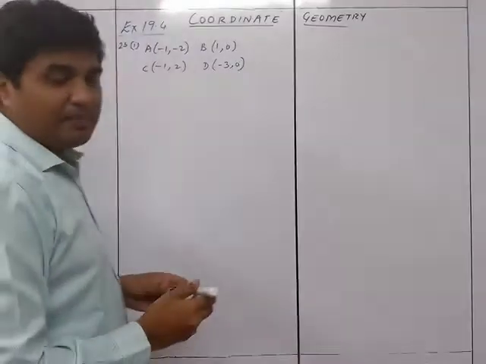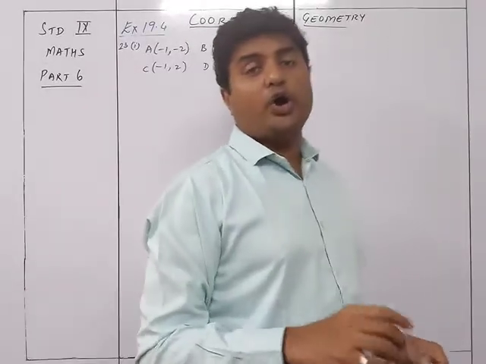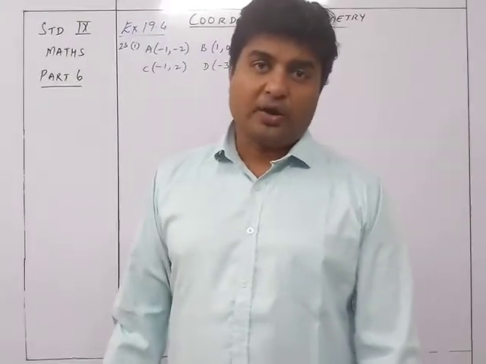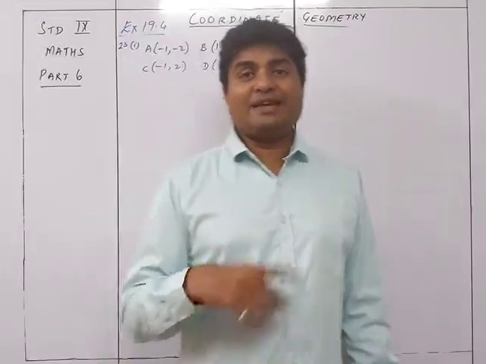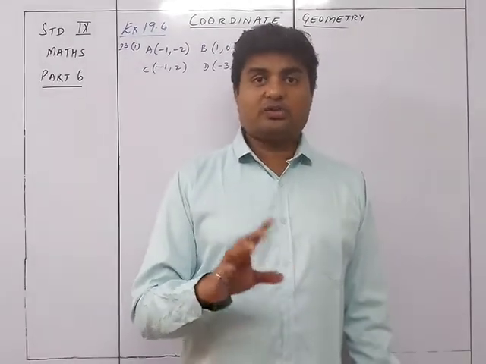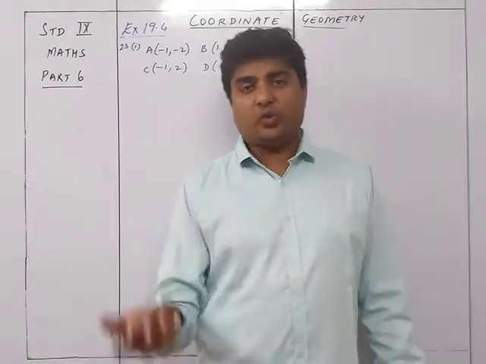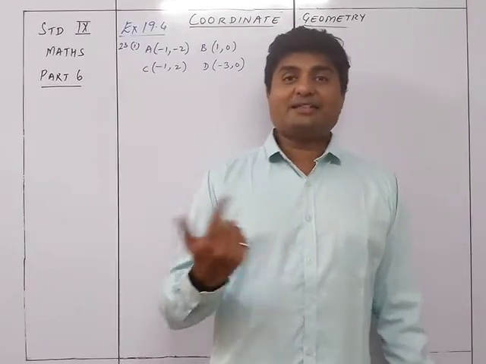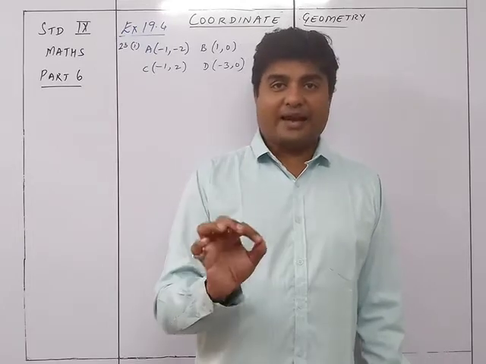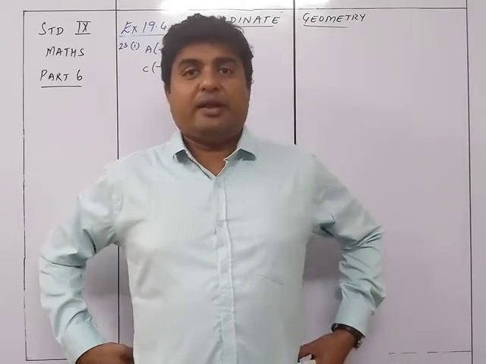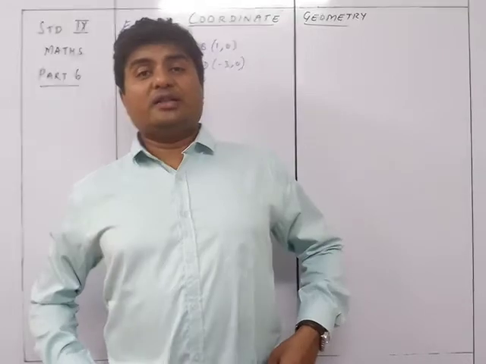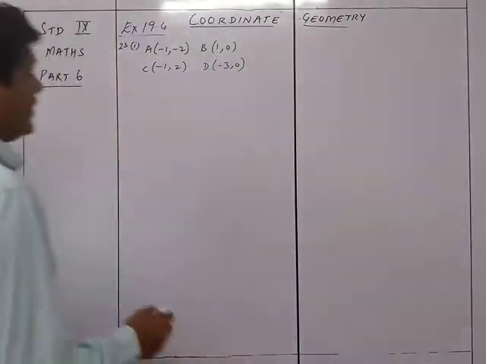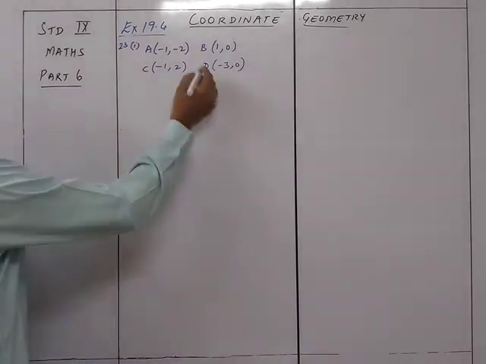Now whenever such a sum is there, we will have to find out all the four sides and the two diagonals, because if the four sides are equal or unequal, accordingly it will be a parallelogram or rectangle or square or rhombus. But after that, if the diagonals are the same, then we will know that it's a rectangle. If they are the same, then it is a square. Or if they are not the same, then it is a parallelogram or a rhombus. So that's why we are going to find out all the 6 sides.